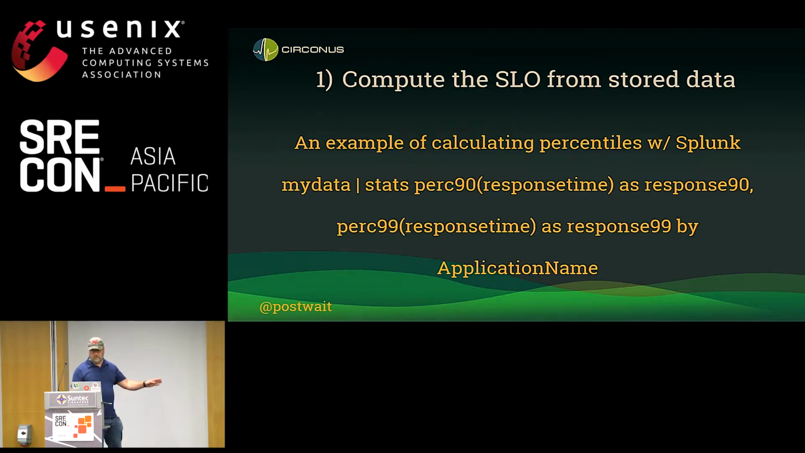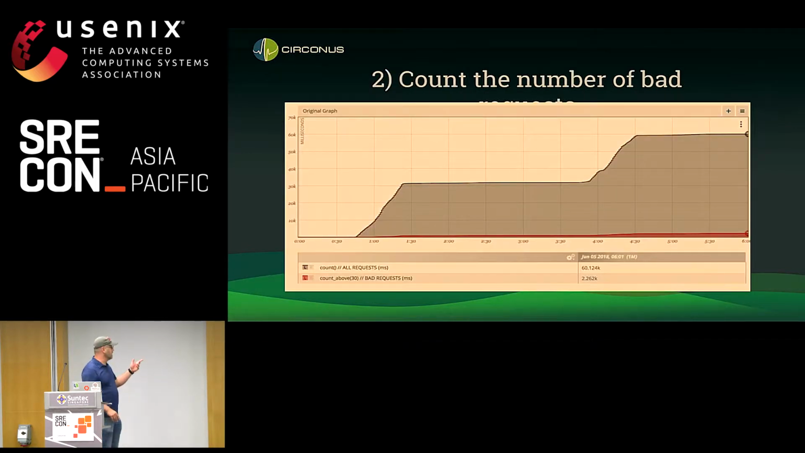So counting the number of bad requests, which I dove into very briefly, this is sort of how Prometheus works: you count all the requests, then you count, in this example, the ones above 30 milliseconds. Now I have these two numbers. I divide them, and I have my percentage. It's beautiful. And because this is a continuous function, I can use the mean value theorem in calculus to say